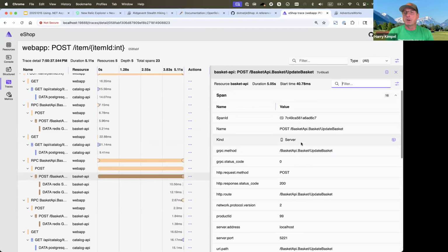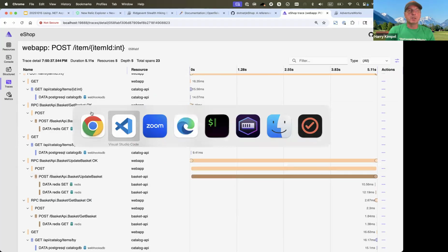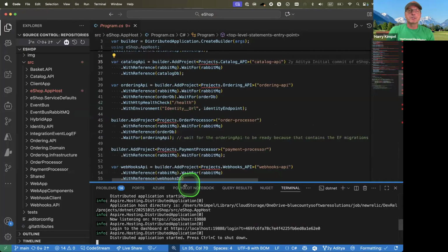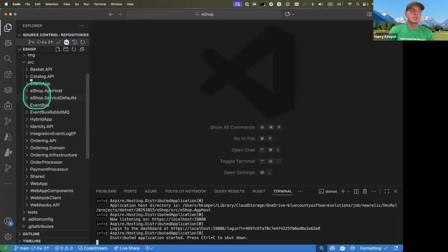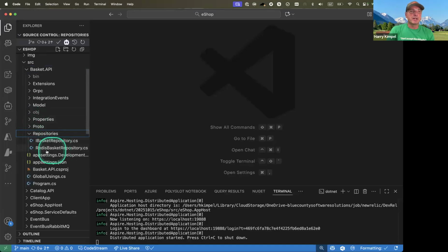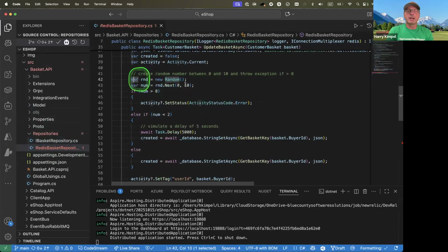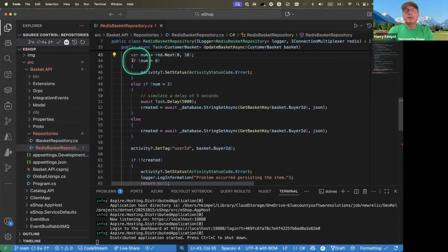And if I want to find out why it was slow, I could add some additional instrumentation into it. So basically what I did here, and maybe I can quickly show you the code that I used for this. It's really, as you can imagine, I just put a sleeper in here just for demo purposes. So I can click into the Redis basket repository, and you'll notice I have some random function here. And if I hit a certain number, I just